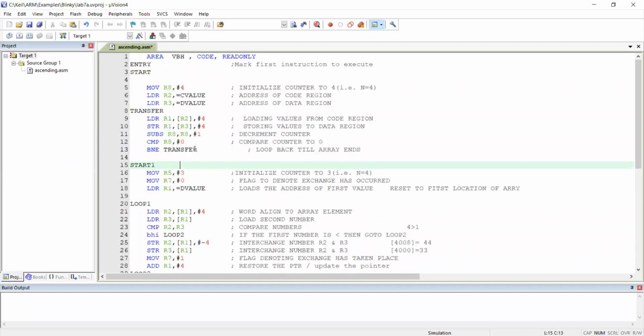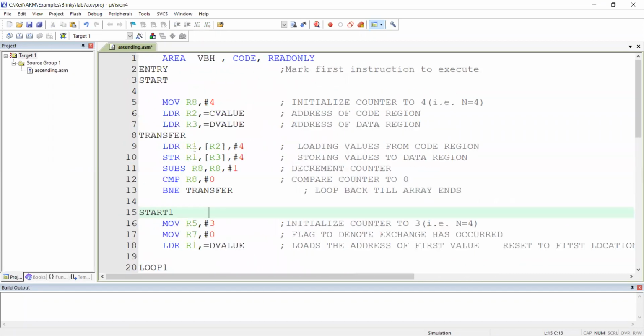Let me increase the size a little. So what is the R2 pointer? Do answer in the chat box. R2 pointer is what? Which array? The C value array. I'm taking the data because it's a load. In the next instruction, I'm storing whatever is present in R1 to where R3 is pointing. Now the question, what is R3?